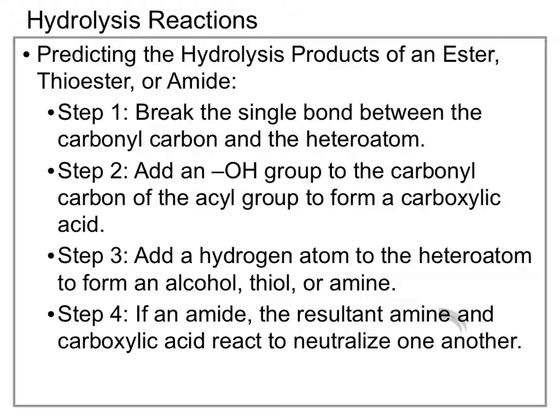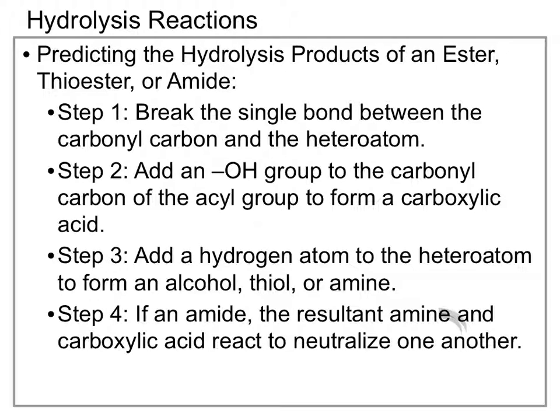In order to predict the products of hydrolysis reactions, we're going to break our single bond between the carbonyl carbon and the heteroatom. That single bond is between the carbonyl carbon and the oxygen in the case of an ester, the sulfur in the case of a thioester, and the nitrogen in the case of an amide. We break that bond, and then we add an OH group to the carbonyl carbon in order to form the carboxylic acid. And we'll add a hydrogen atom to the heteroatom to form the alcohol, thiol, or amine